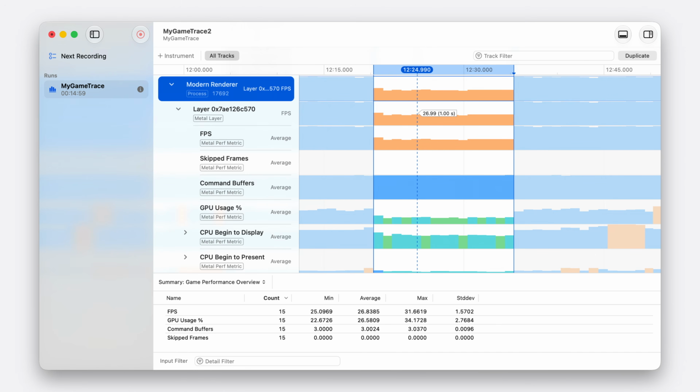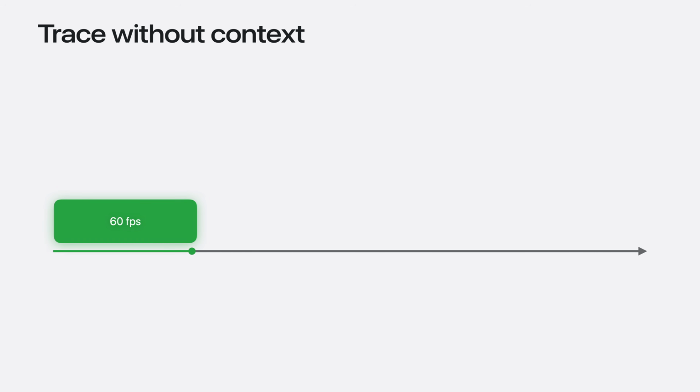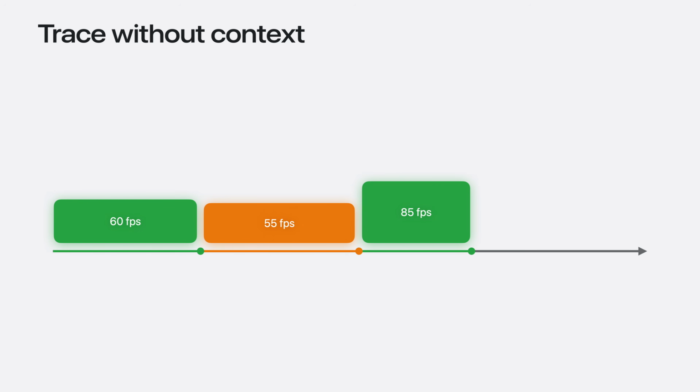But there is a big challenge. I know the frame rate drop happened at around the 12 minute mark, but I do not know what my game was doing at that point. When looking at a case like this, there is not enough actionable context to investigate further with just an average FPS. Was the drop due to a specific area of the level? Or did the graphics setting change? This is why context matters when trying to identify potential performance issues